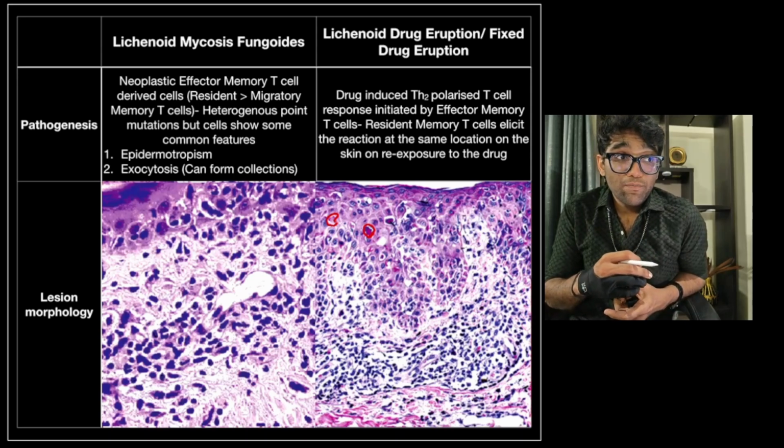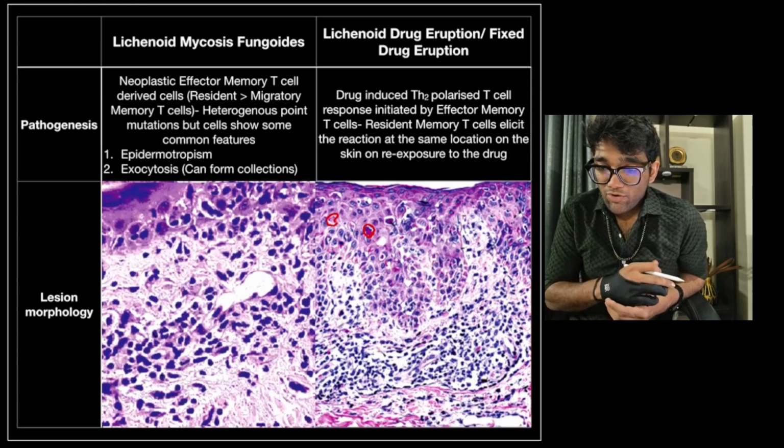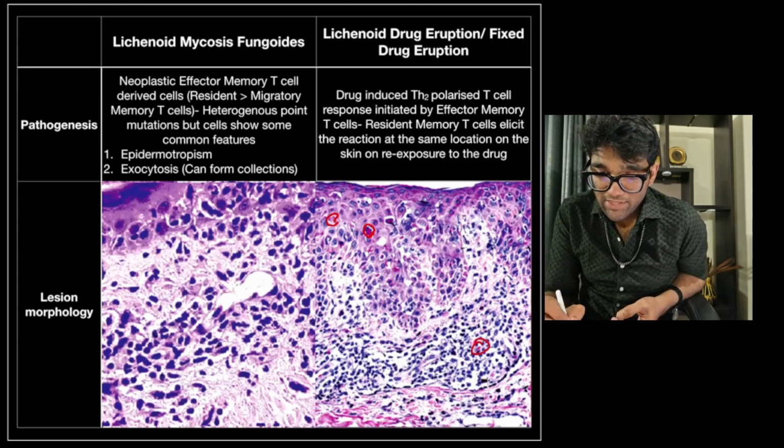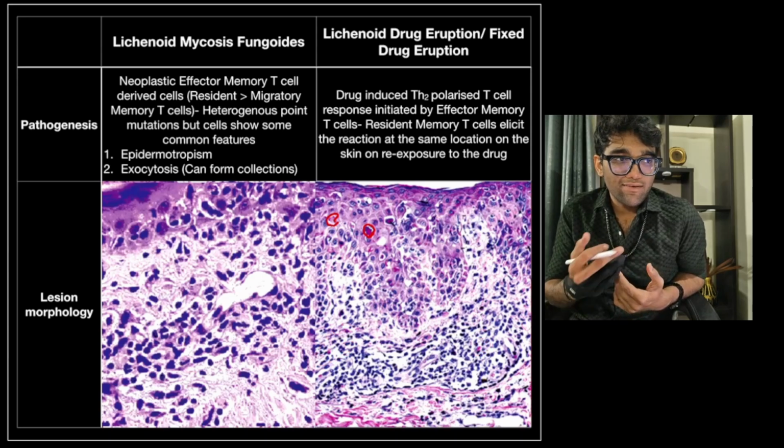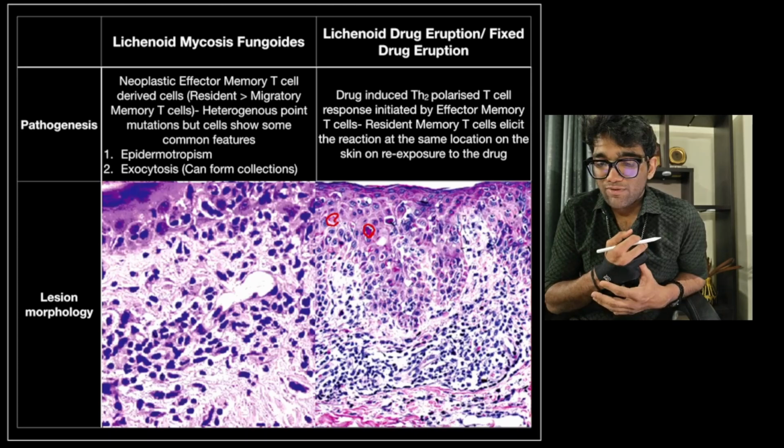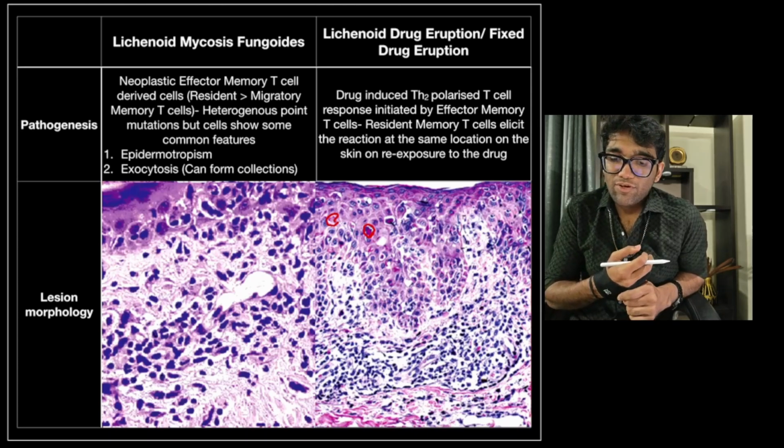Orange to red granule-containing cells, or eosinophils, you find some of them in the dermis as well, and that obviously indicates to us that a drug is responsible. So that is your